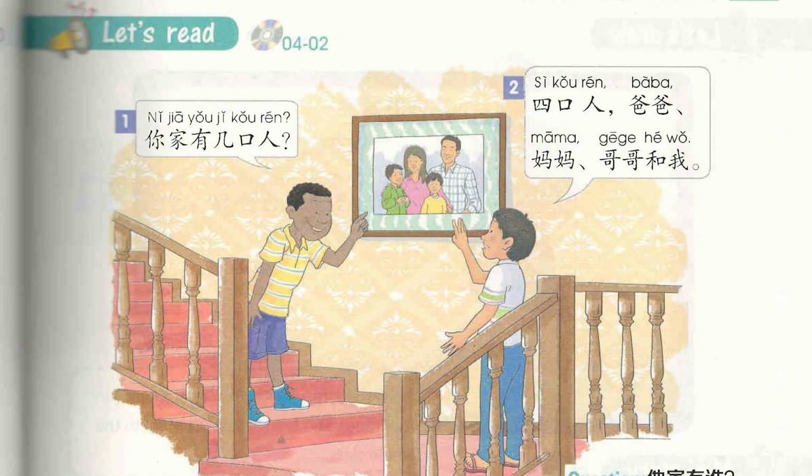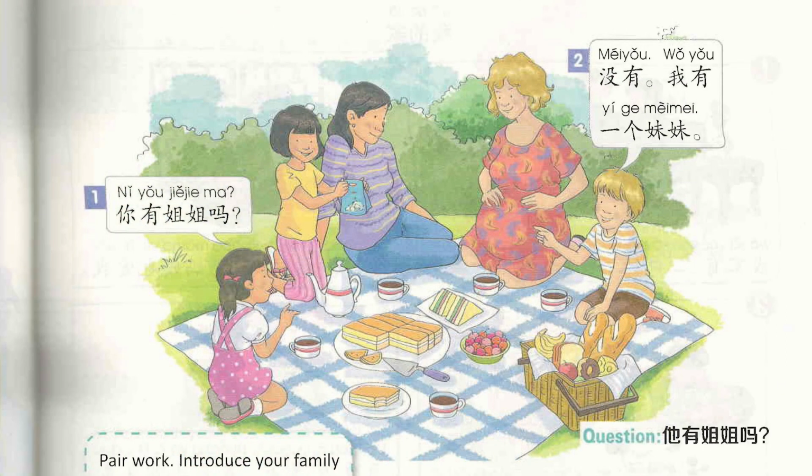Let's read. 你家有几口人？4口人，爸爸、妈妈、哥哥和我。你有姐姐吗？没有，我有一个妹妹。